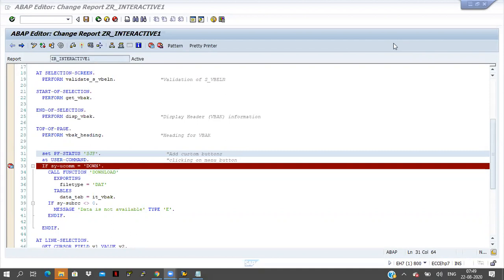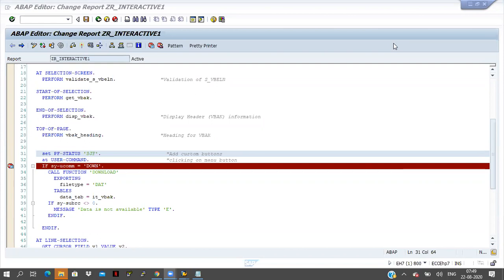What is the use of the line selection event here? Whenever we double click on any record, then the line selection event will trigger.